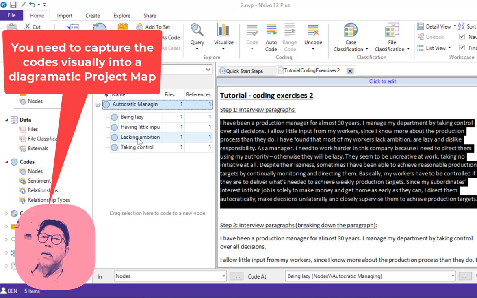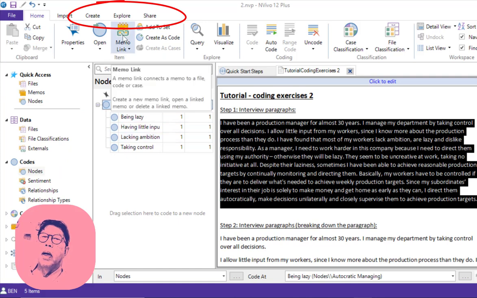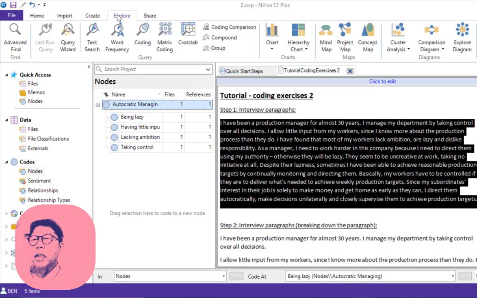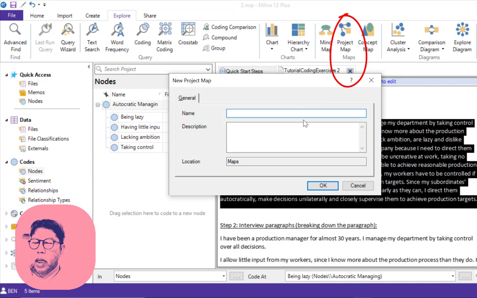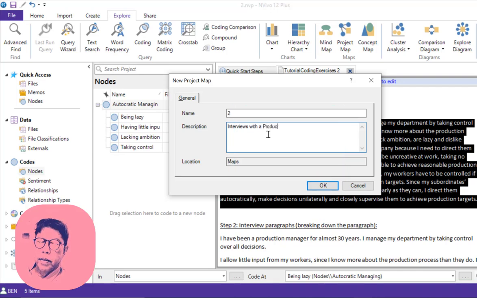So you need to click Explore in the main menu, click Project Map, and see, for example, tutorial exercise 2, interviews with production manager. Click OK.